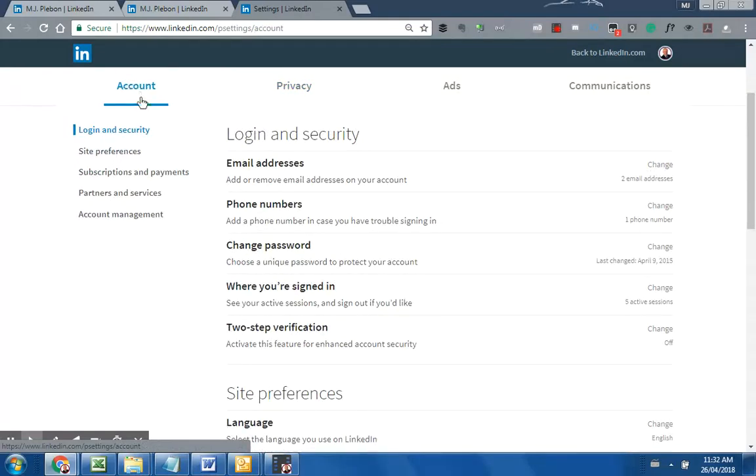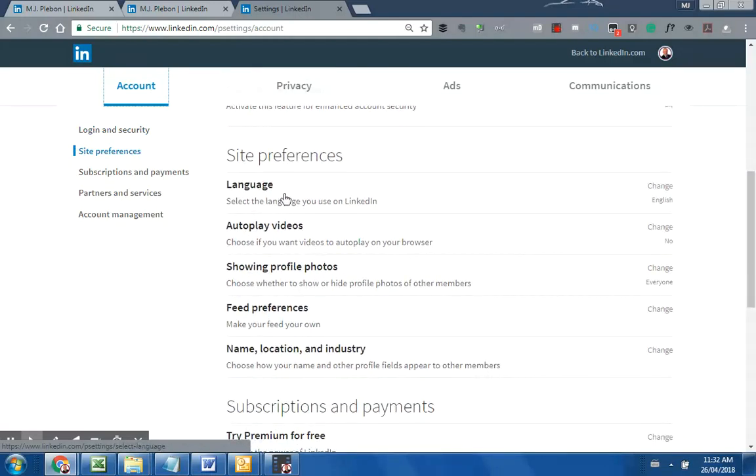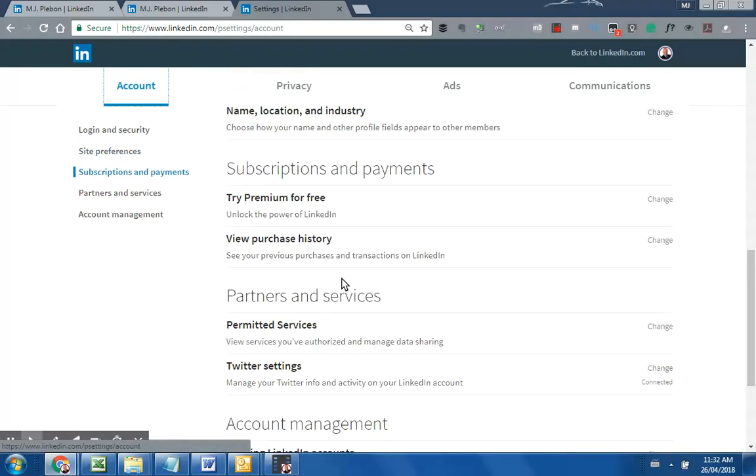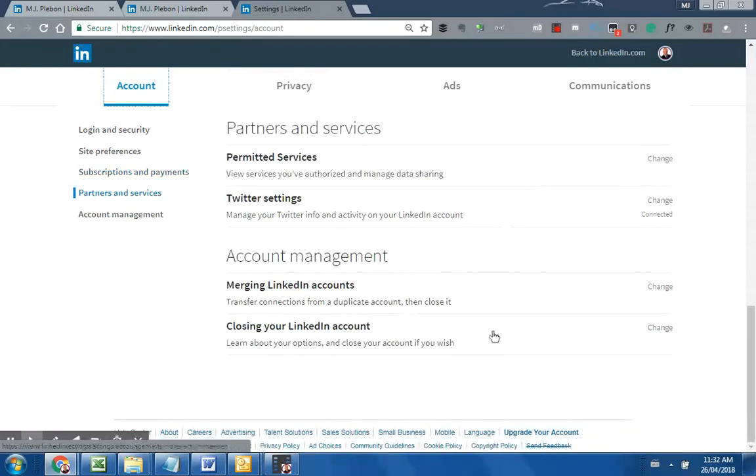With regards to the account, you can put in the email addresses that you have here, your contact phone number. Here's where you can change your password. You can put in a two-step verification if you wish. The language that you want to use for your profile. If you want to play auto videos, there's a whole series of options here that you can go through one by one, because you can start to manage the information of your LinkedIn profile of people coming to see, the way you want the information to be given to you. So there's lots of